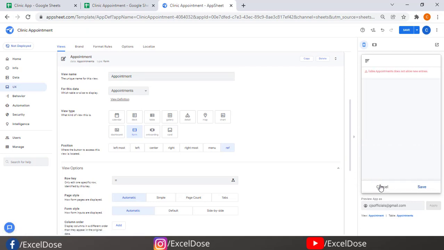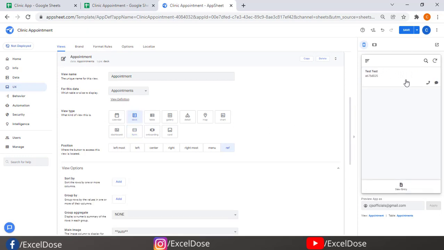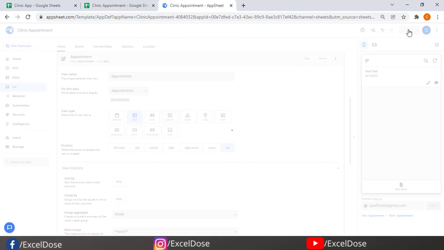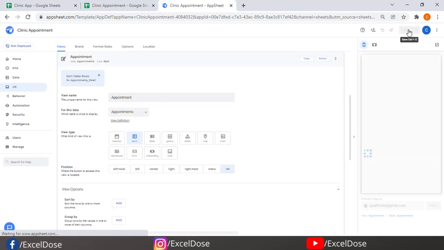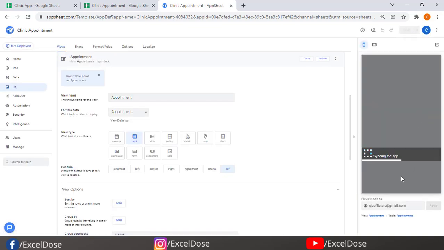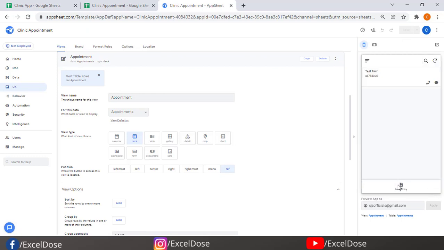Not allow new entries, yes, that's fine because it does not allow entry. So we'll go with the deck sign. So let's see, now you can see it's showing the values. Now let me save this also. Now you can see here in the bottom side it's not showing that table or the header.